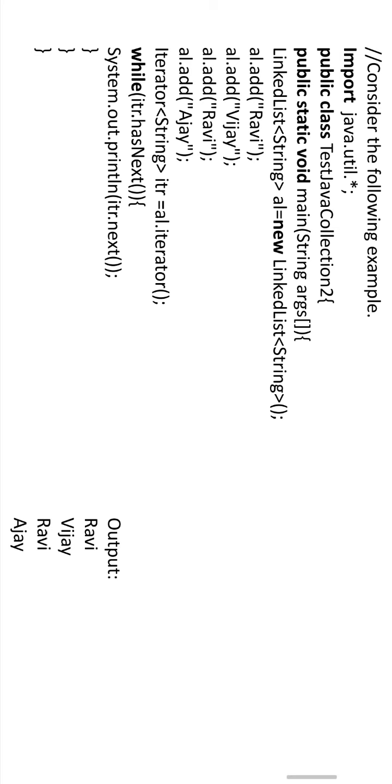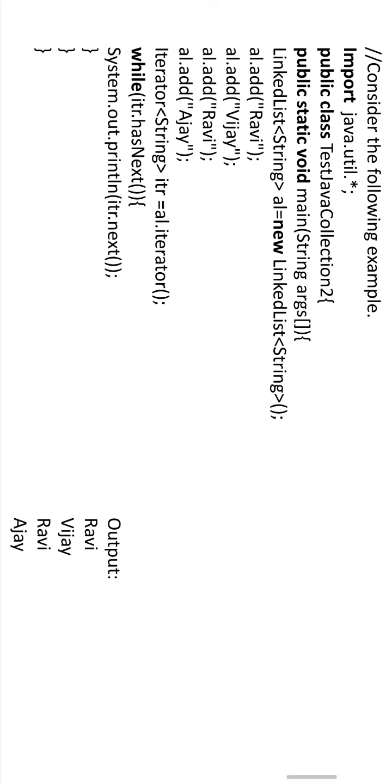And to display that, we need to traverse. To traverse, the class we are using is Iterator, which is a collection framework class. To check whether elements are there within the collection, and to print them, we are using two predefined methods, hasNext and next. Simple. hasNext means if the next element is present in the collection, then it returns the true value. While true is there, next goes to the statement execution, System.out.println.